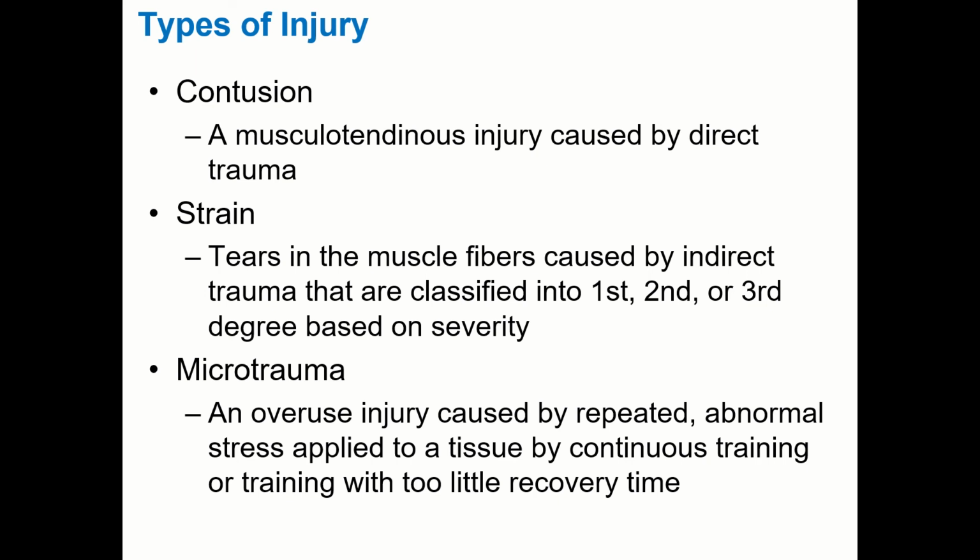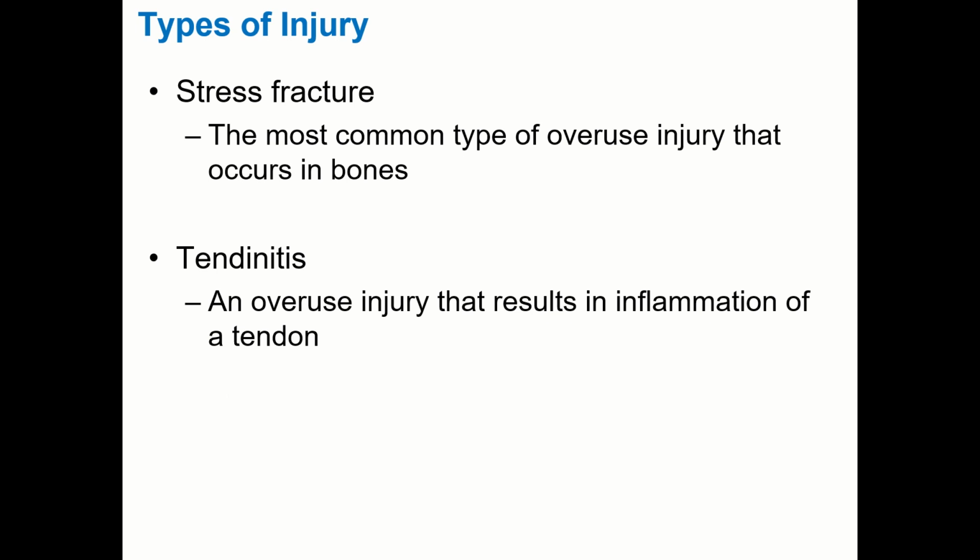Other things with micro trauma are other overuse injuries. So things like tendonitis are related to or caused by micro trauma as well. I'm trying to think what else. Those are kind of the big two: stress fractures and tendonitis. You can get tendinosis. You can get variations on tendon or tendon sheath injuries, but all of them are basically from micro trauma.